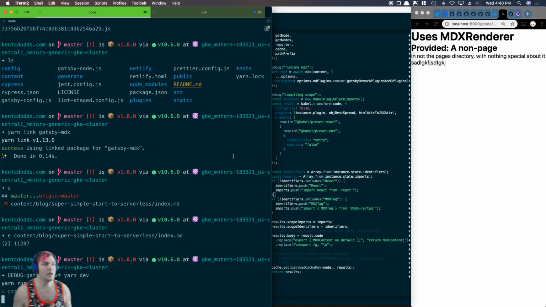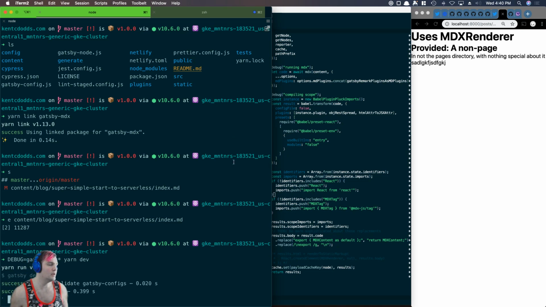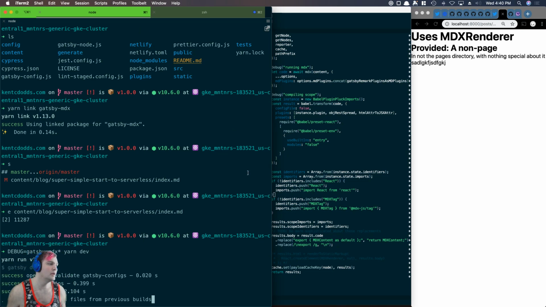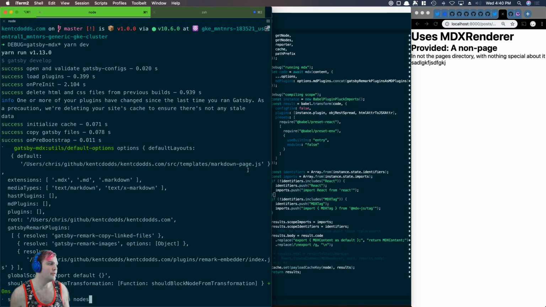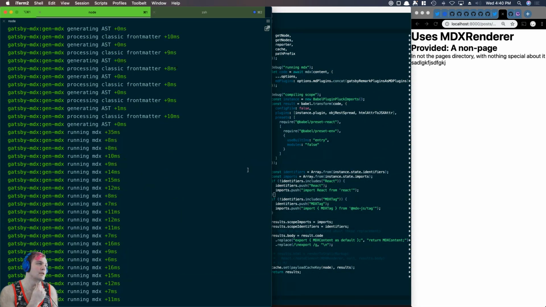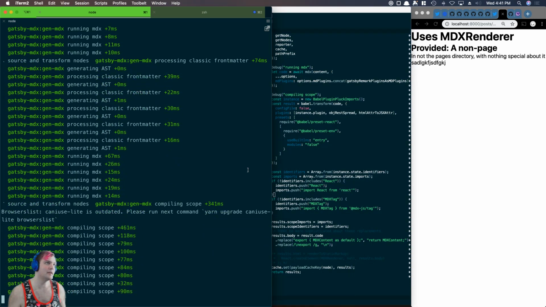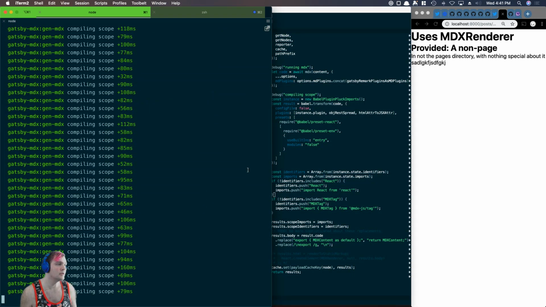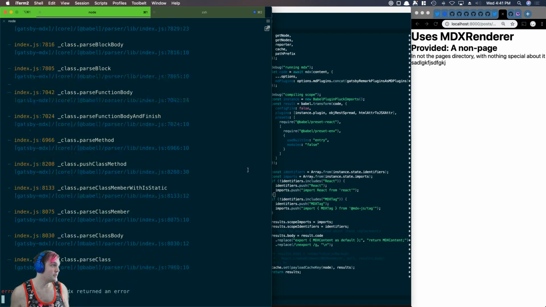So if everything goes well, this should give us most of the benefits that we will need. I'll probably go back off stream and add caching to each individual gatsby-mdx line or position in this